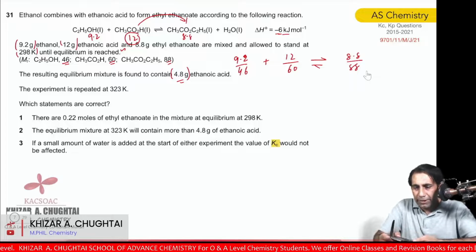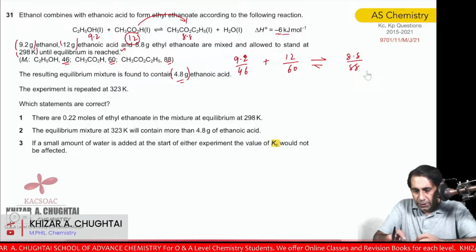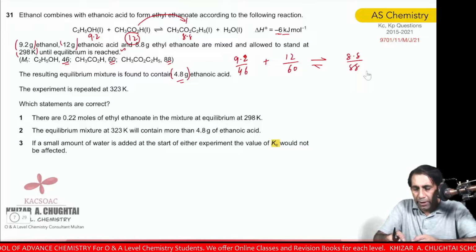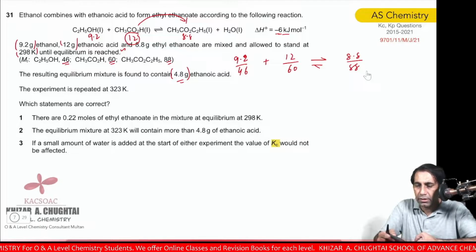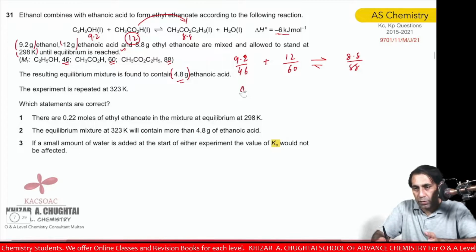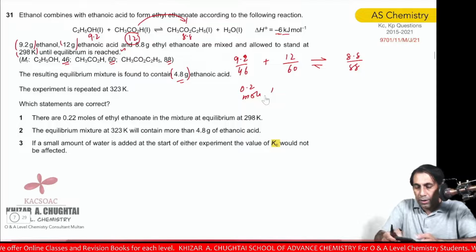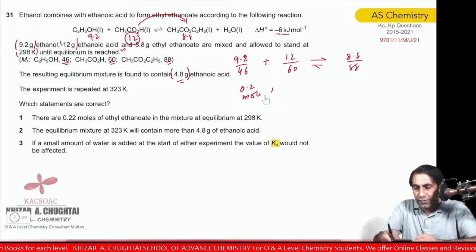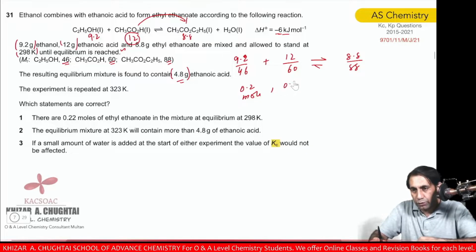So I'm going to find the moles of each substance. 9.2 divided by 46, and the answer is 0.2 moles, you can write as well 12 divided by 60, and the answer is again 0.2 moles,